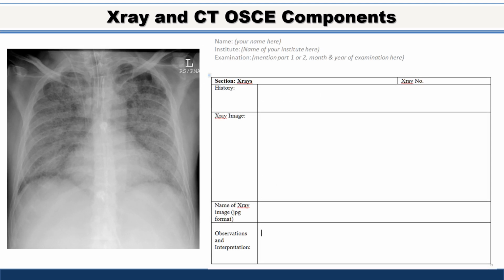All the templates are very similar in structure. The X-ray and CT components also are similar. You have the section name, in this case X-rays, X-ray number, small history, and this is the area where it says X-ray image, where you will import the image into this area. Name of the X-ray that you've given, whatever you used, you need to enter it here, and your observations and